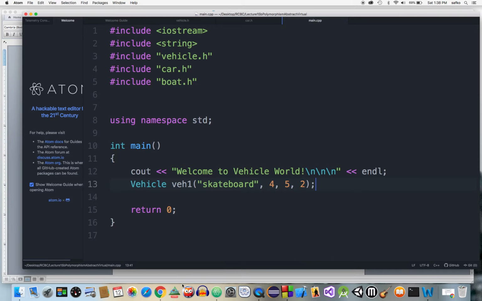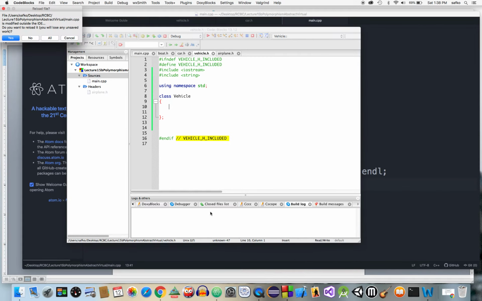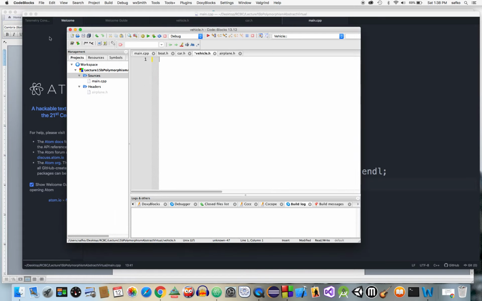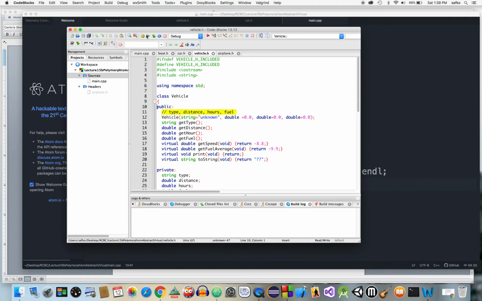All right, if I go back here to Code::Blocks, it'll say, do I want to update everything? Yes, I hit all. And when I run it,